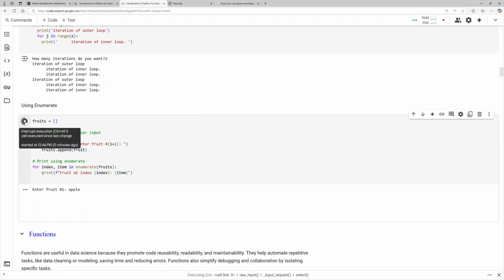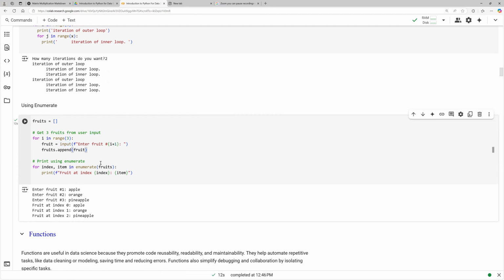So I go apple, orange, pineapple. Right? Here in the enumerate, what I did was I enumerated that list, okay? From apple, orange, and pineapple, okay? So what this did was this appended each time after each iteration, right? So it went apple first, then the next iteration, it would go to orange, then it went to banana. I'm sorry, pineapple,